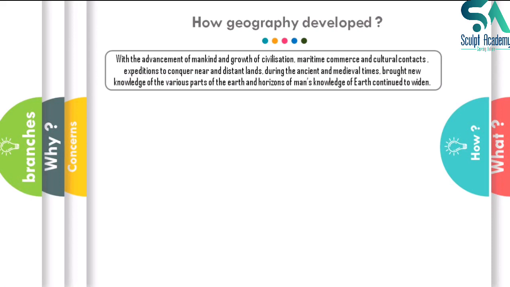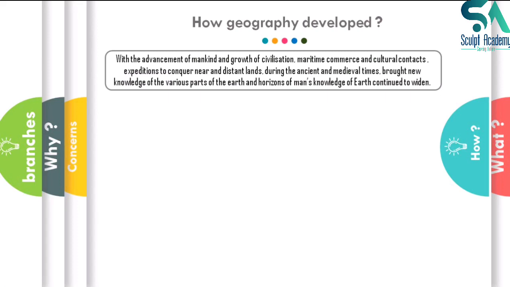Various such things took place in ancient and medieval times, and because of these, new knowledge of various parts of the earth and the horizon of man's knowledge of the earth continued to widen, and there was a constant curiosity among some people to know more about the earth. Like Alexander himself had a geographer beside him so that he could study more and more distant lands